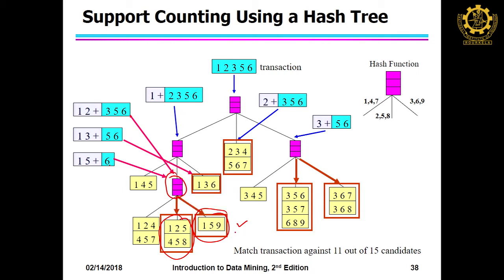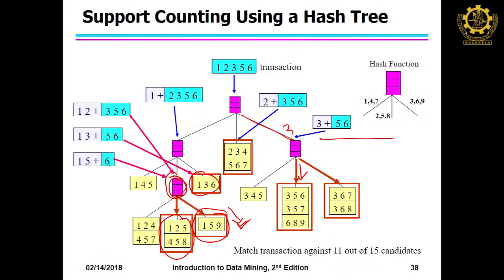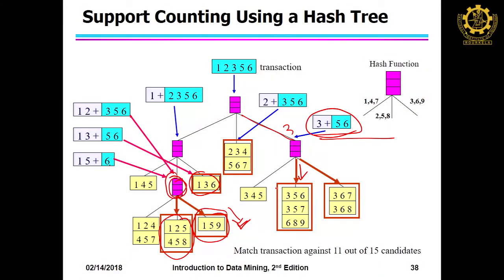Then 1 3 5 and then 6. So, it will generate 1 3 5 and 1 3 6. 1 3 means it will go to the right side, 1 is already here. So, here no, right. 1 3 6 means here only, and 1 5 6 is here, 1 already, and then 5 and 6 will be here. Similarly, you get 3 5 6: 3 was first here, then 5 means it will come here and 6, but you should have 3. So, 3 5 6 will be one entity, so you must search here.